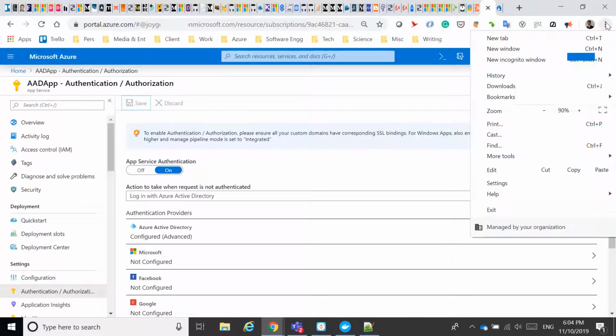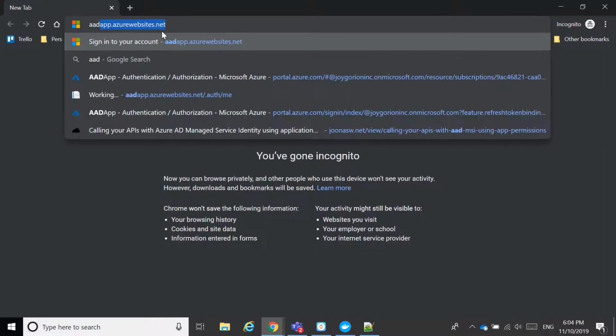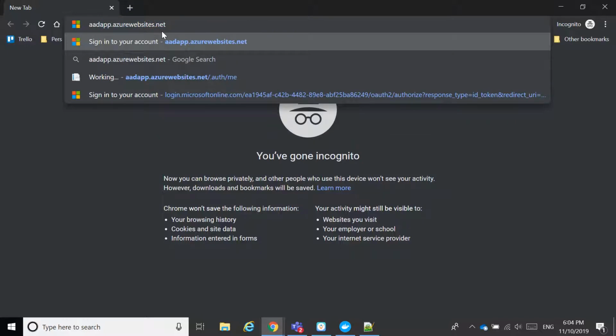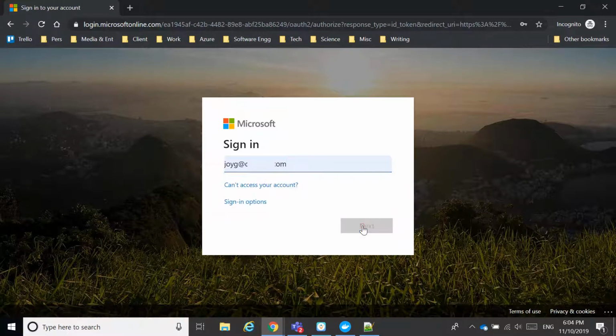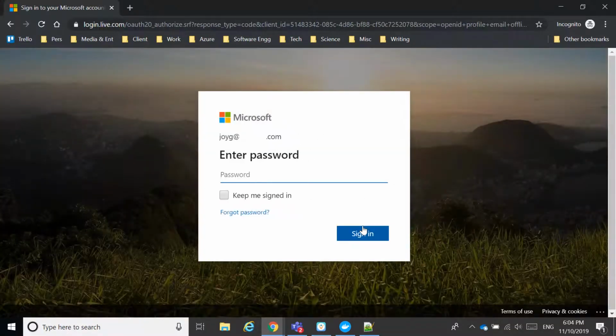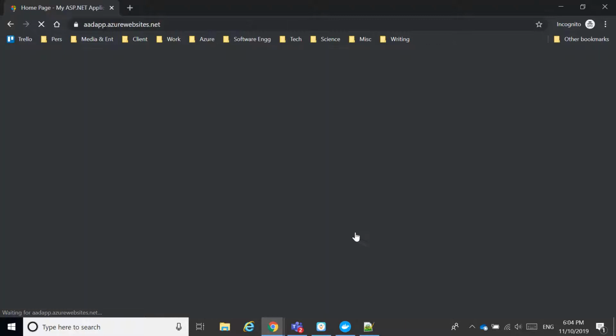It is time to test the application. Make sure the cache is cleared in case it is the same browser instance that opened the page previously. Better to open an incognito window and browse the app service web app URL. It will redirect to the Azure AD login page. Enter the credentials of the user who is in the same Active Directory. The user should be inside the same Active Directory tenant because that is the setting we have given earlier. If the credentials are correct, it will redirect to some pages and come back to our application.